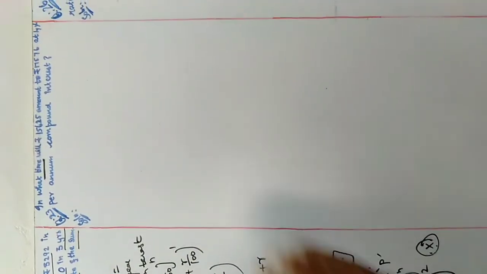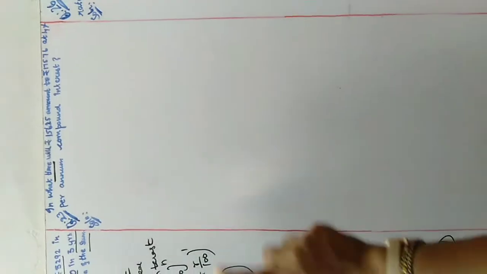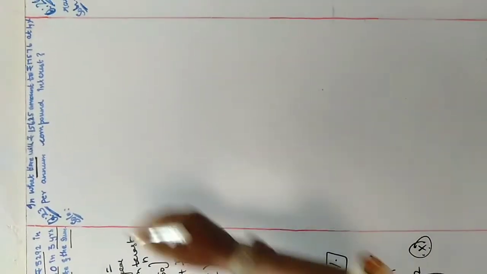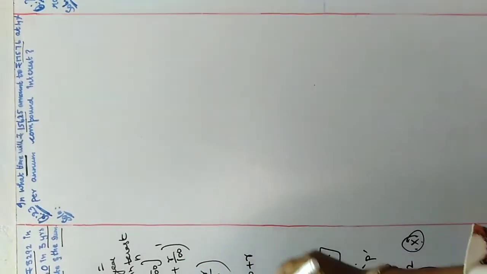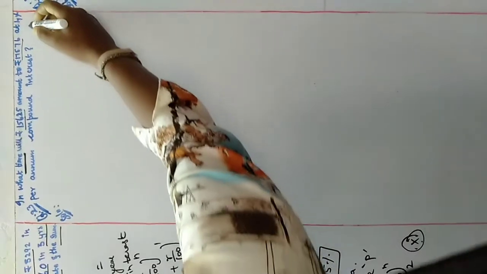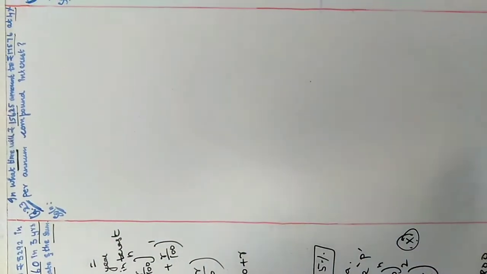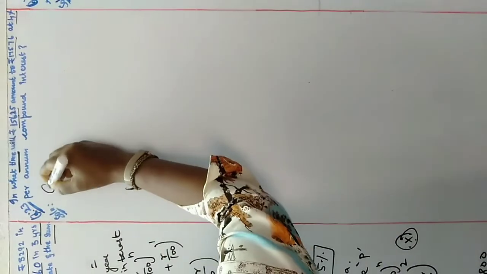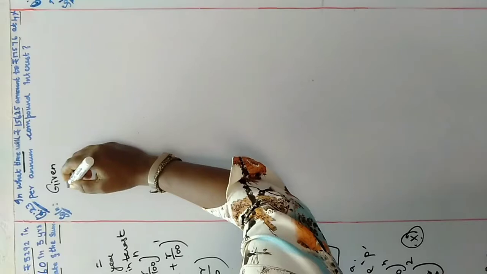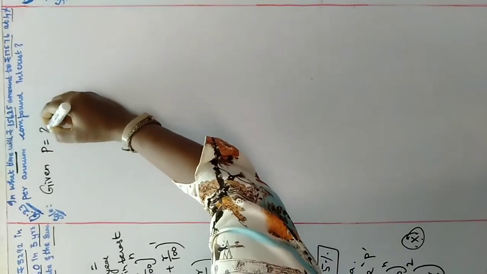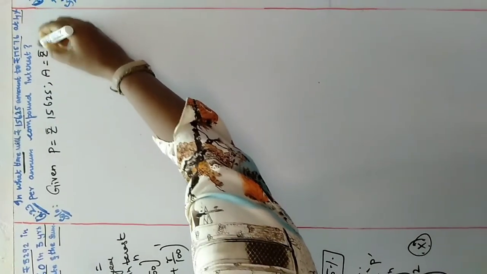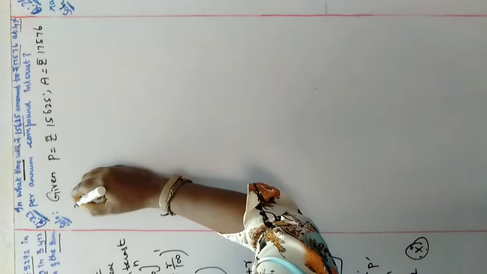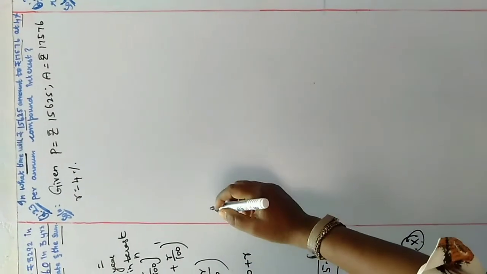The time is what? We assume it as N. The symbol we have used here for the time period in compound interest is N. Okay, this 15,625 is the principal and 17,576 is the amount. And the rate of interest given here is 4%. The same formula we are going to use here, but we are going to find the time period, which is N, right? So what is given here? Given here is P equal to rupees 15,625 and A is rupees 17,576. R here is 4%, right?